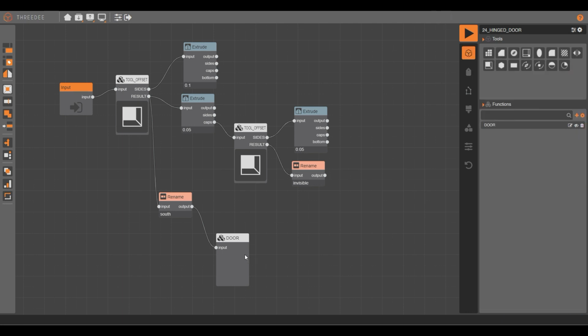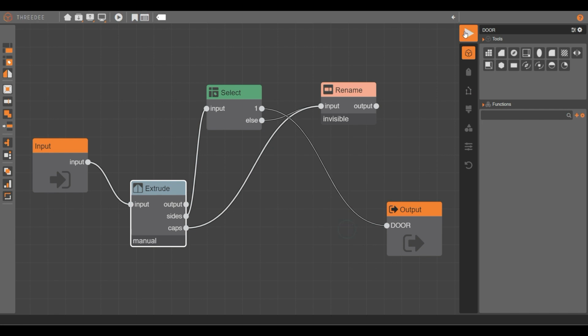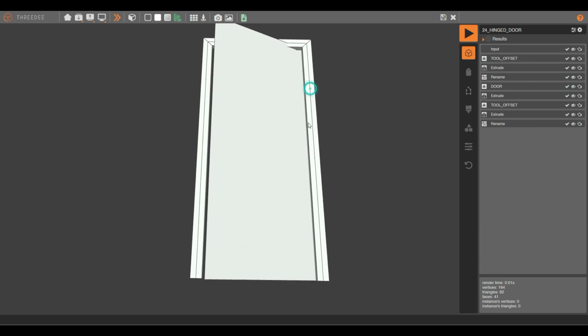Of course, we have an error here. We forgot to define the extrusion. Here I'm going to make my manual, okay, and for the ease, I'm going to use the door profile. Okay. Now this is the